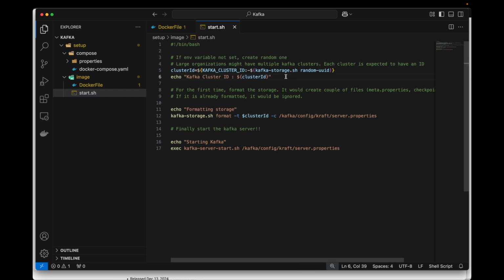This is the start command. Why do we need the cluster ID? Because as of now we are running one Kafka server, that's all right. But now let's imagine if you have to run 3 Kafka servers, so those servers would form a cluster, right? So